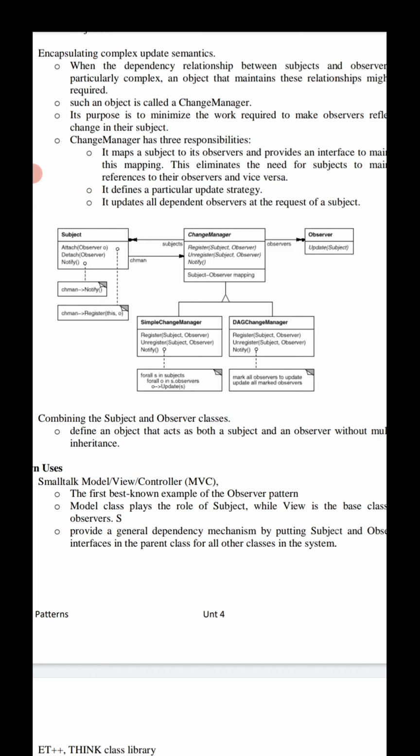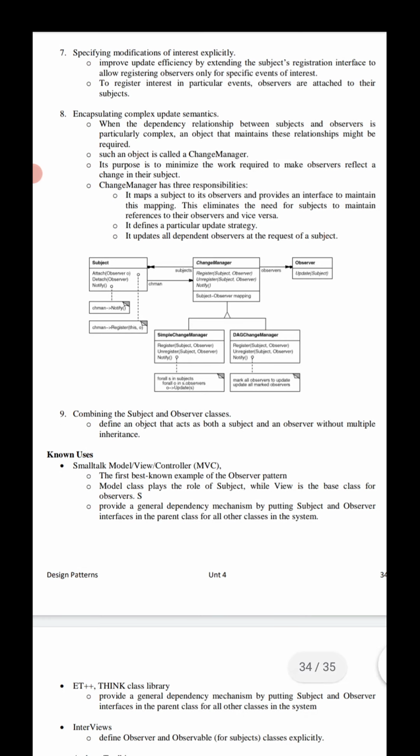And coming to the ninth implementation section, that is nothing but combining the subject and observer classes. Here we need to define an object that acts as both a subject and an observer without multiple inheritance.